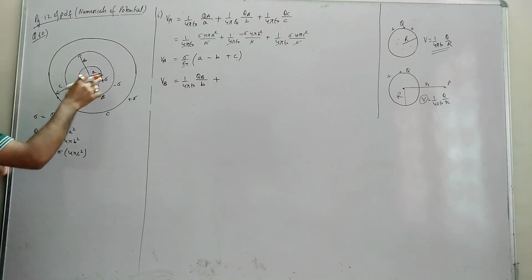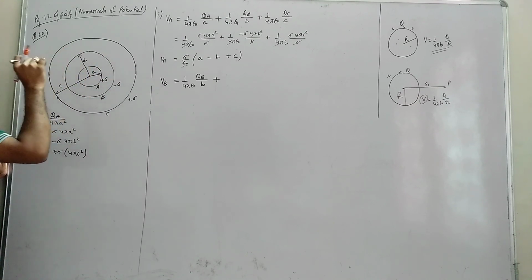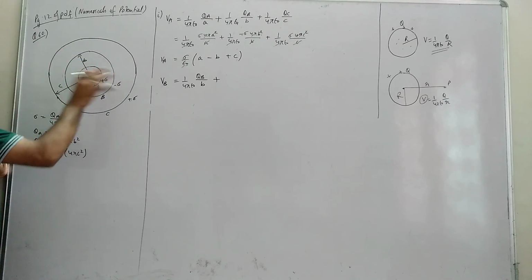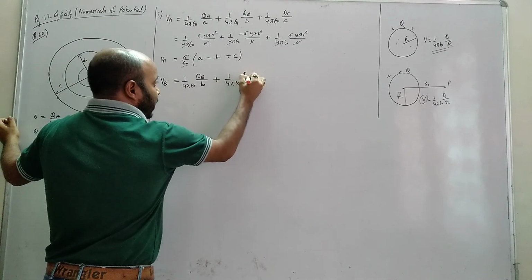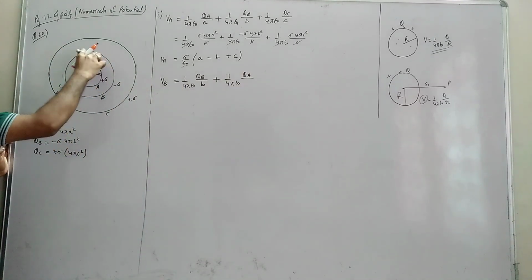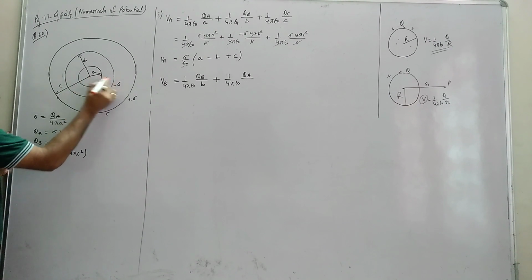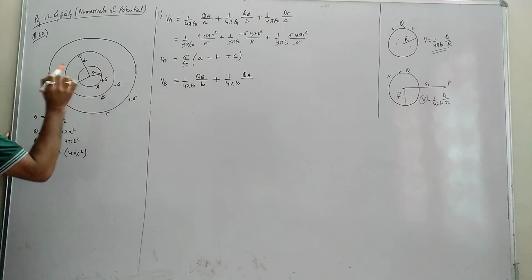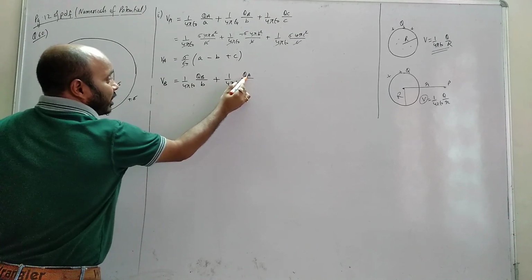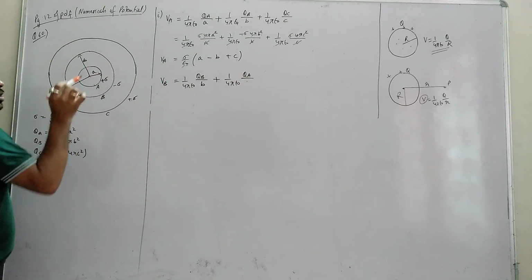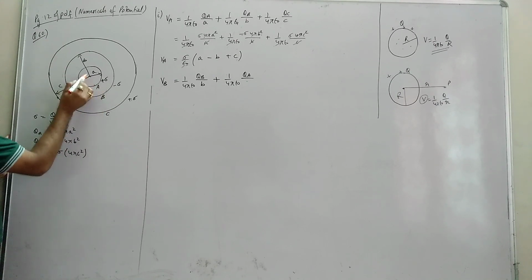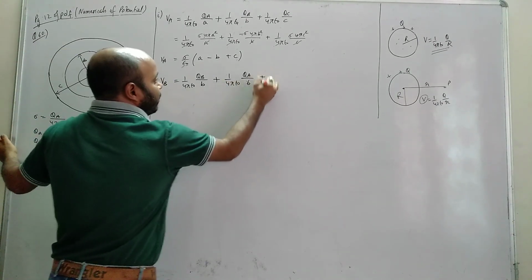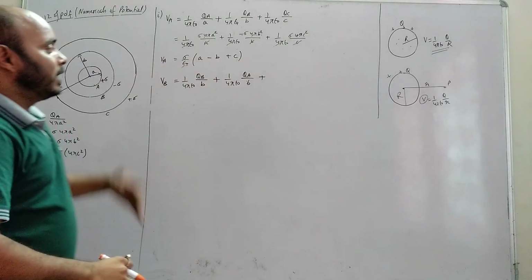But now, this B surface is outside of A, right? That is, we need to use the next formula. Are you getting me? Plus 1 by 4 pi epsilon QA. Now, for this QA of the cell A, the surface B, that is the point B, is outside the cell A. Now for QA we cannot put the radius of A, we have to put the distance of that surface from the center of the cell. What is this distance? B. So here we have B, because we are using this formula. You understand? Next, for C.